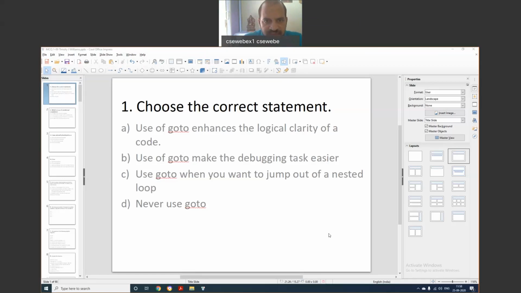Now see, goto label is the syntax of the goto statement. Goto is followed by whatever symbol we write, and it will search for that symbol in the entire program. That symbol may be above the goto statement or below it, in the upper part or the bottom side of the program. So we don't know which side we will move if we use goto. It's not possible to tell which side we will move. Whereas, for example, a while statement is there.